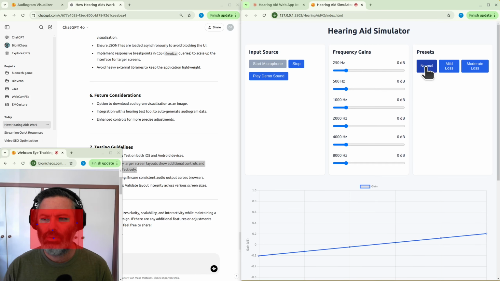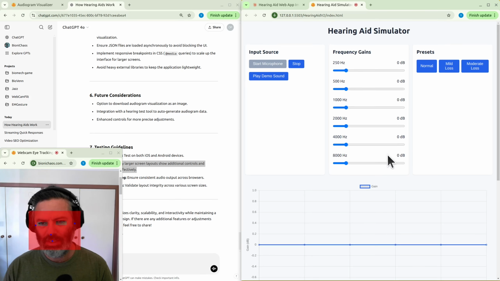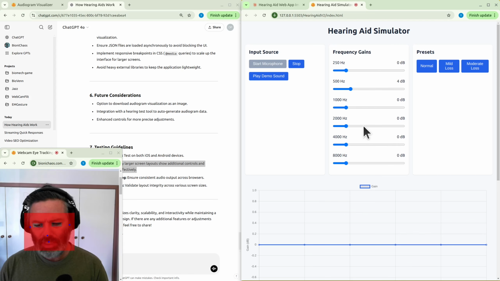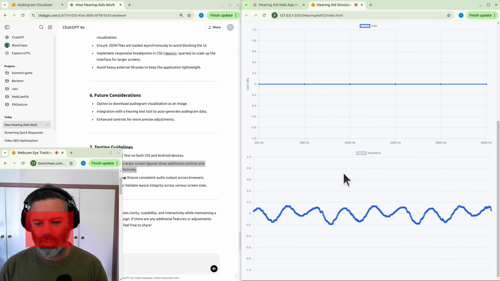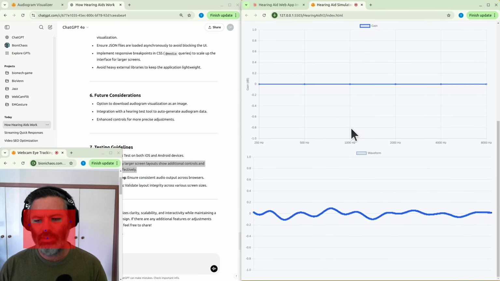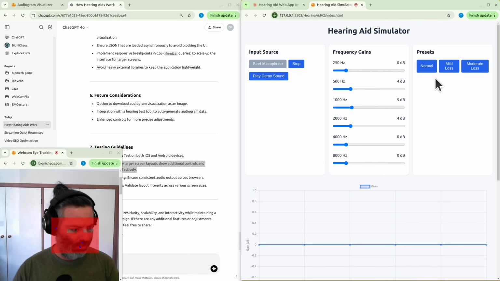Okay, we have the waveform. That's fine, that's easy. Frequency gains, so everything is currently at 0 dB. I kind of like the idea of it, because you can adjust specific frequencies. And you have presets, but the presets are not actually doing anything,